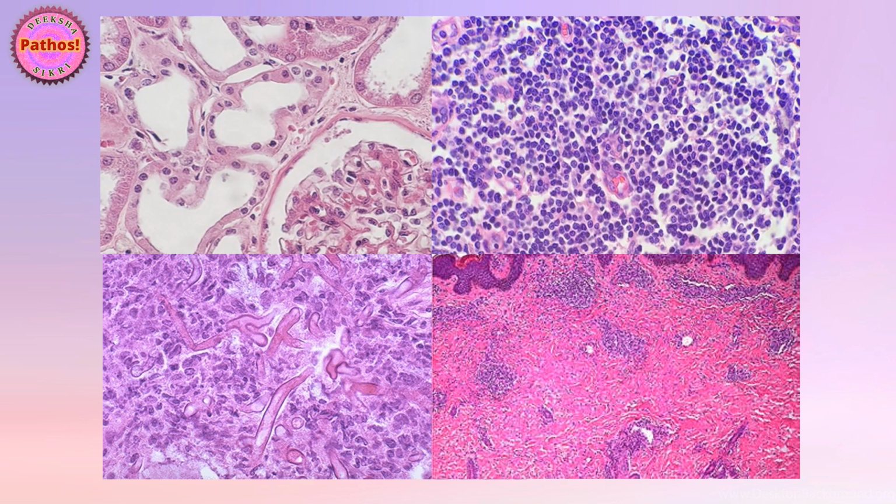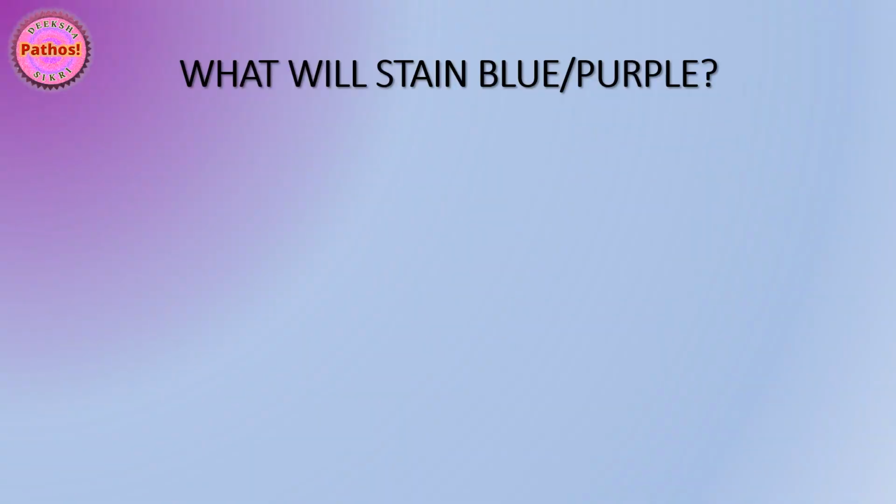Anytime you see something unknown, ask yourself, okay, so it looks a little pink, what could it be? Or it looks a little blue, what could it be? I have a lot of images to show you, so stay tuned and pay attention. Let's begin. So what on a histopath slide, which is hematoxylin and eosin stain, would stain bluish purple or purplish